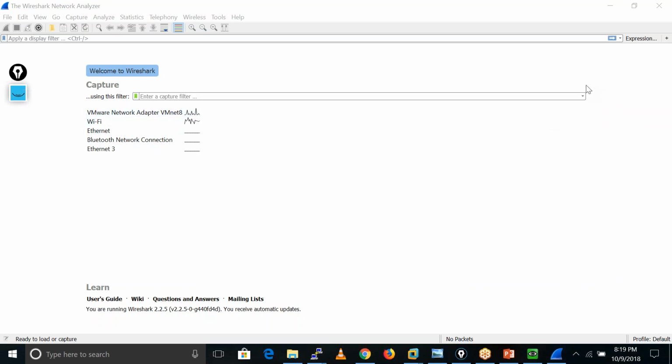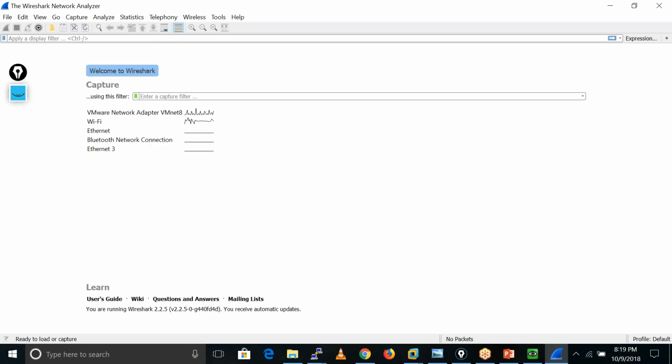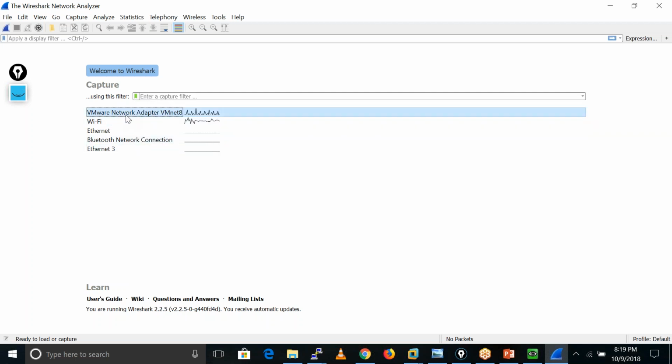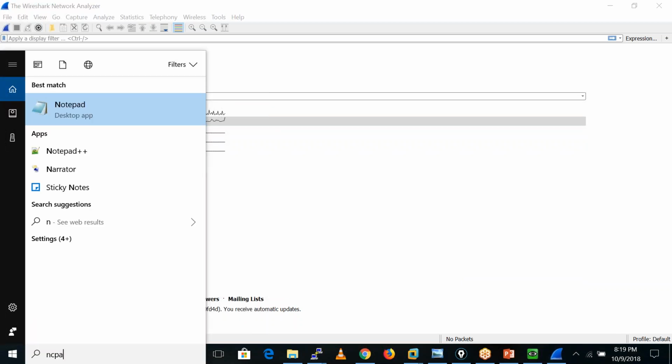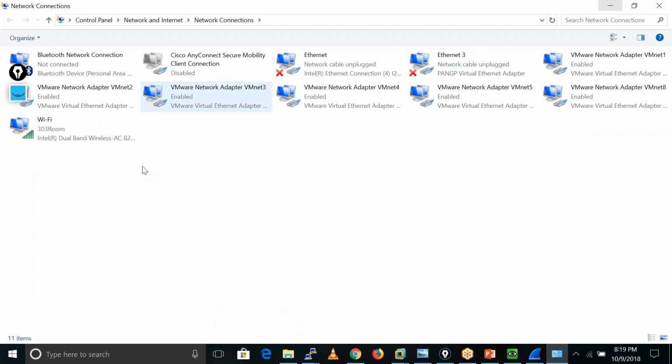Let me select my interface here. I'm not getting my adapter here. Let me check whether my adapter is running properly.